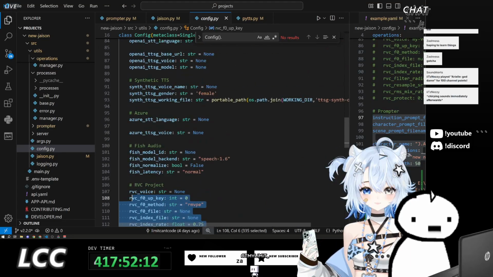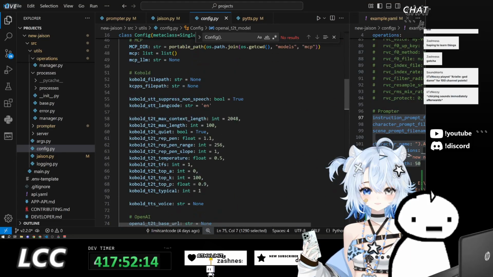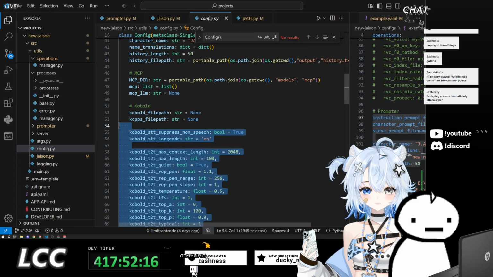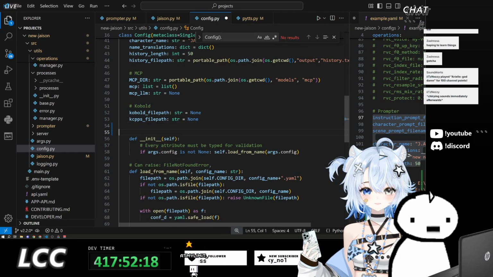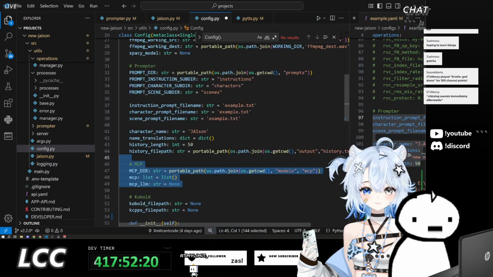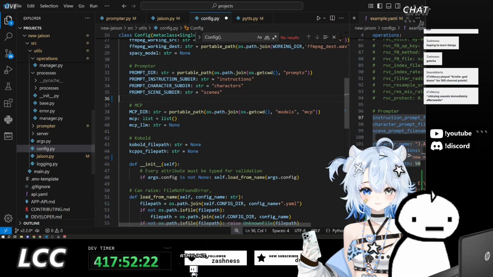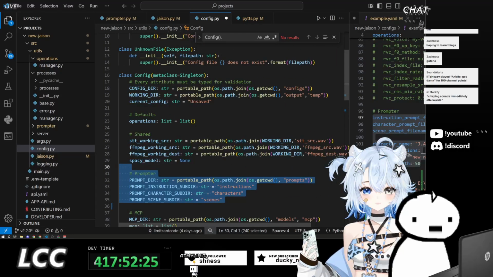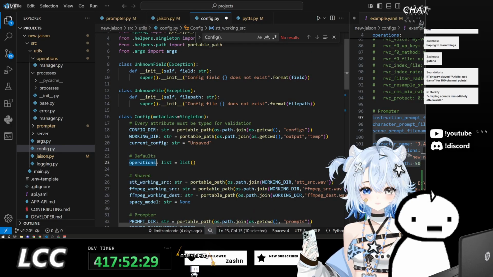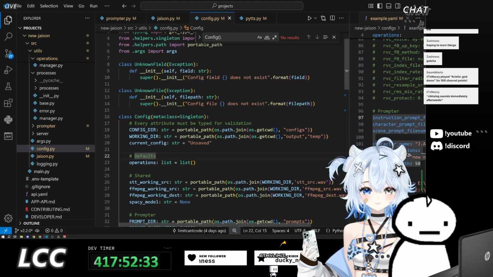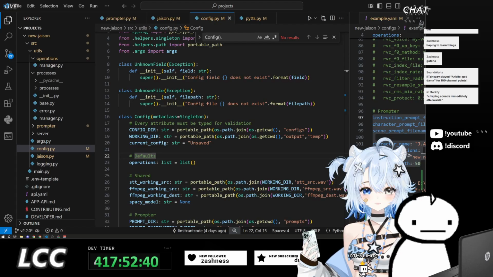Where's the Cobalt process information? I don't see any. Oh, the Cobalt process information is here. I'll just keep that there for now. And the MCP stuff here for now. This stuff can go. These can stay. These can stay. And these can stay. Okay. Oh my god. Let me get another drink.